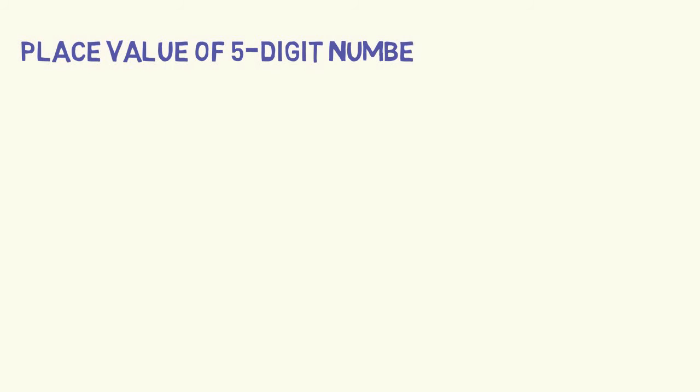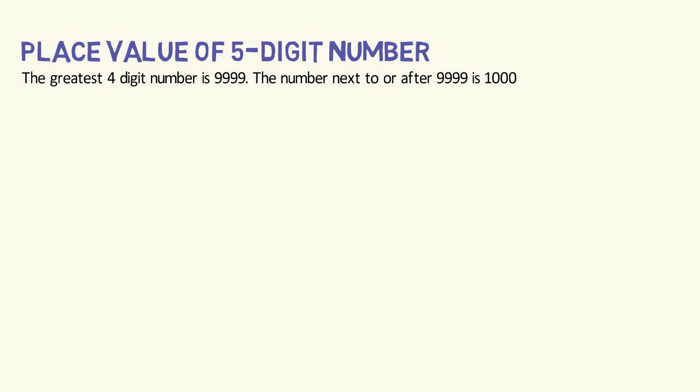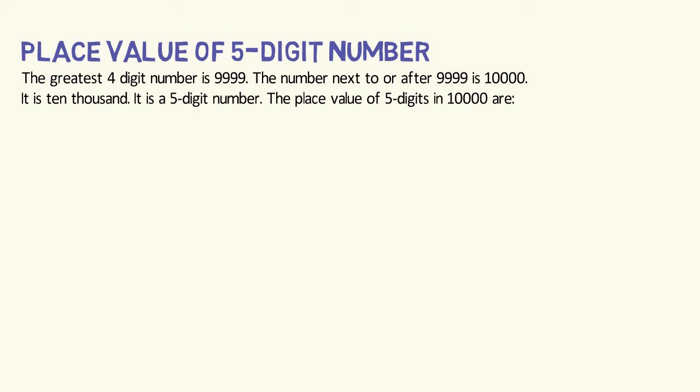Place value of 5-digit number. The greatest 5-digit number is 99,999. The number next to or after 9999 is 10,000. It is a 5-digit number. The place values of the 5 digits in 10,000 are